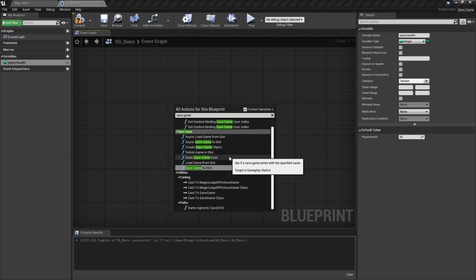Now we might want to get rid of it later. We can delete the game in slot, or we can check and see if it does save game exist. Now you notice I've been using the word slot. The slot is basically going to be the file name that it stores this save game onto the local storage of your device. On iPhones and Windows, Mac OS, Linux, all of our different platforms, it saves it in the